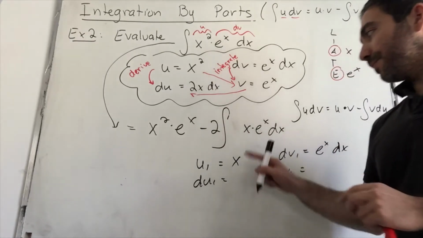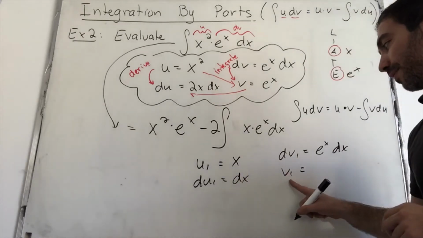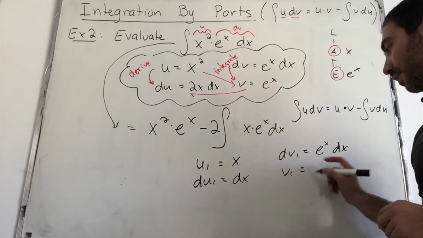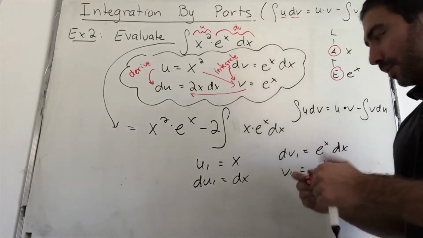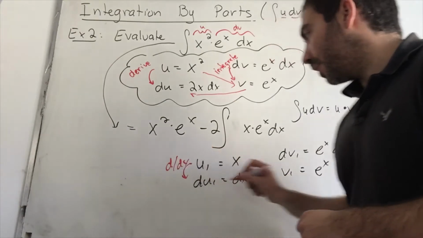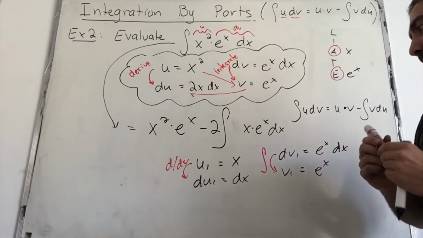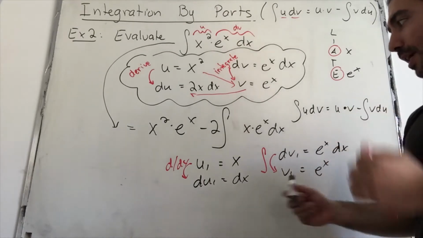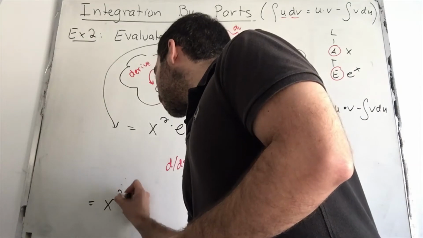And du1, the derivative of x, is just dx, 1 dx, and the integral of dv1 is again just e to the x. Very simple. So here we took the derivative, I'm going to write it this way, d dx, and here we integrate, which I'll just write with an integration symbol. Okay, we finish this piece, and now we apply our rule again,